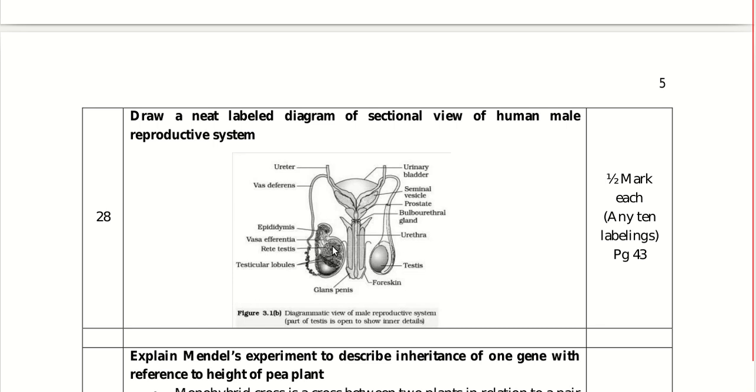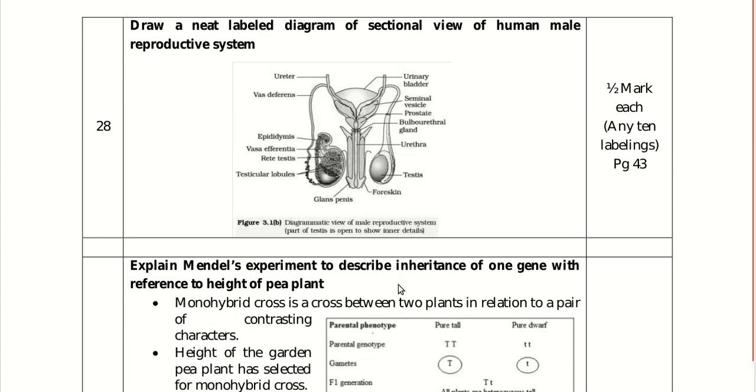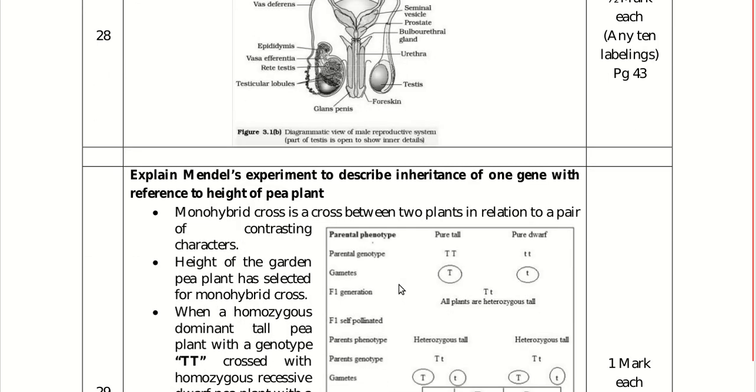So it's almost a dissected part of the testis showing the inner content. So the vas deferens and ureter. All this labeling, 10 labelings, if you do it, half mark you get for the diagrammatic view of the male reproductive system. Explain Mendel's experiment to describe inheritance of one gene with reference to height of pea plant, that is monohybrid